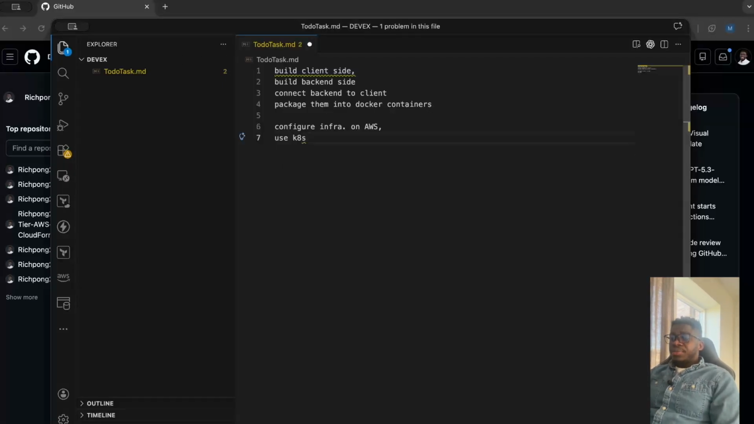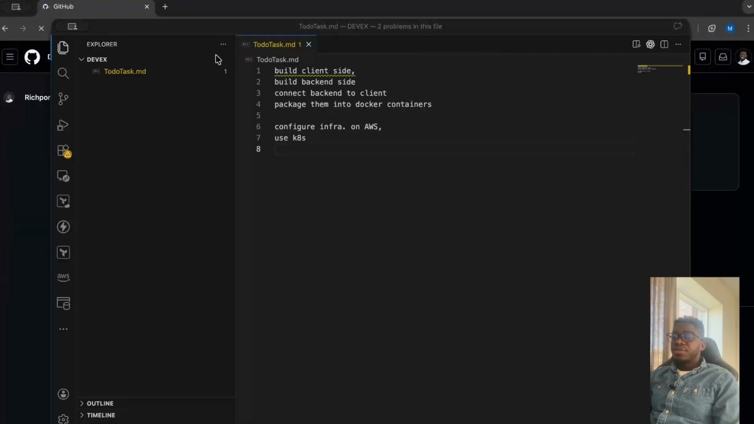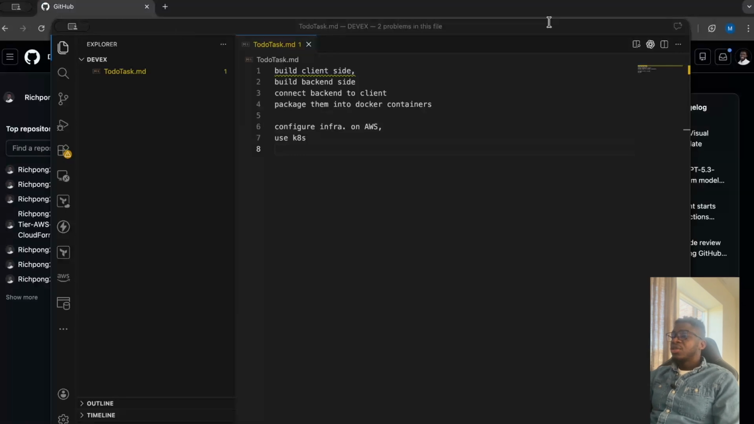So let's see what we will do. First of all, before we create anything, we go into our GitHub. If you don't know GitHub, then you have to go and learn about GitHub. Okay, so first of all, we go into GitHub and try to create a repository, because now